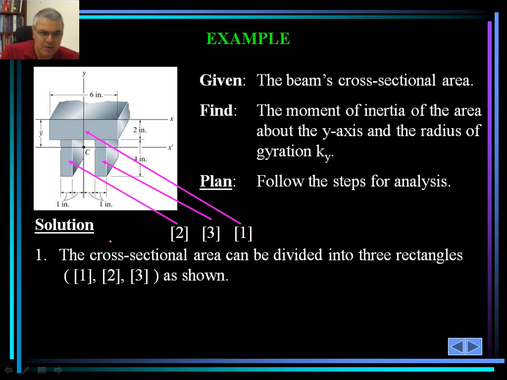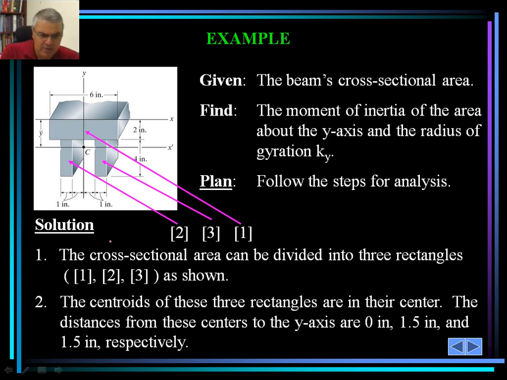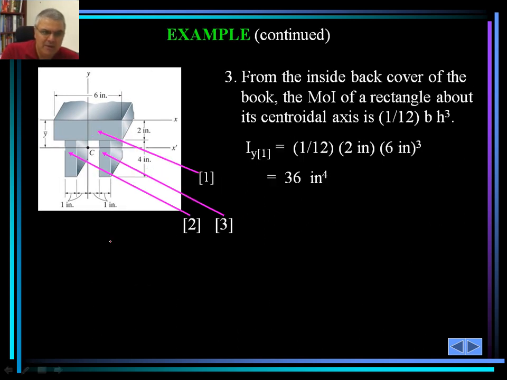And the solution strategy here is that the centroids of these 3 rectangles are in their center, as you can see, and using the parallel axis theorem, you would want to find the centroid of this object with respect to the new centroid, which is the centroid of the composite object. So